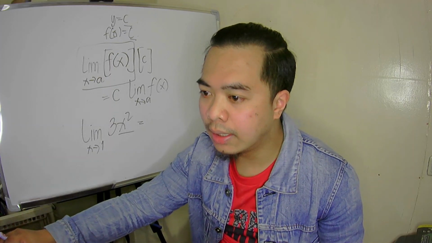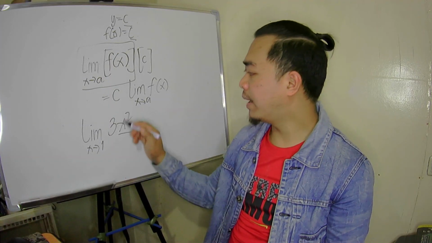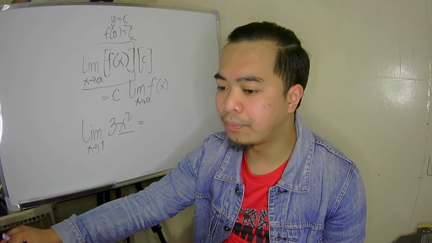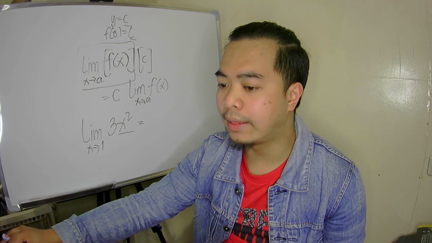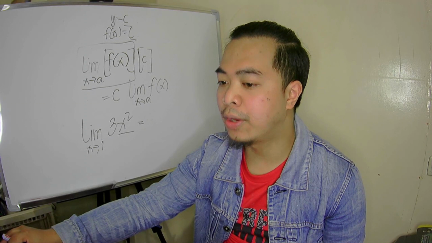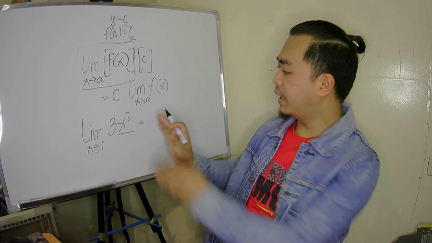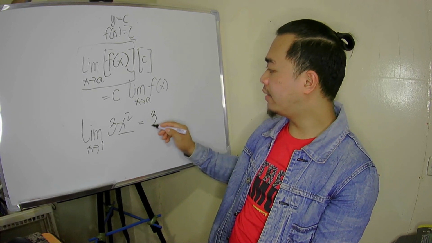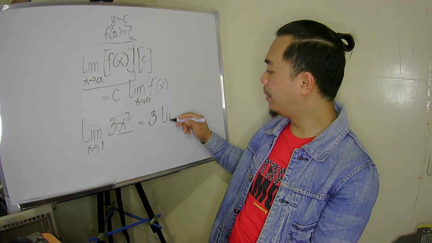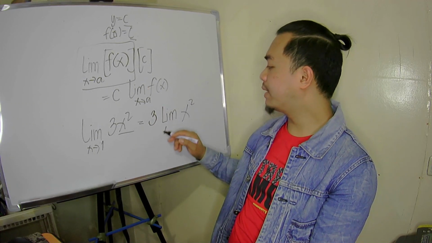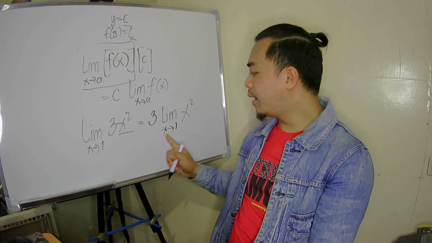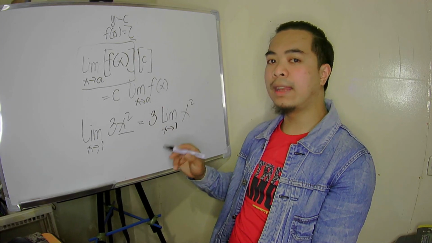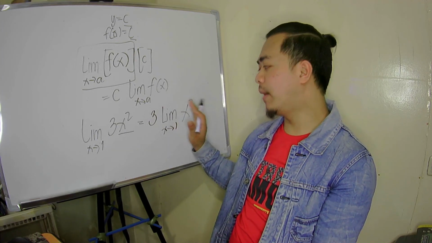The property that would allow us to evaluate the limit of x squared is property number, ano ba? Number 8. Ayun, nasa number 8 pa siya. But anyway, applying the second property, pwede nating ihiwalay. Yun lang yung pwede nating gawin kapag first and second lang. So, the constant is 3, factor it out, so that your main concern is the limit of x squared as x approaches 1. Remember this is approaching 1, meaning kailangan masatisfy yung requirements natin for a general limit. So, this is a general limit, not a one-sided.